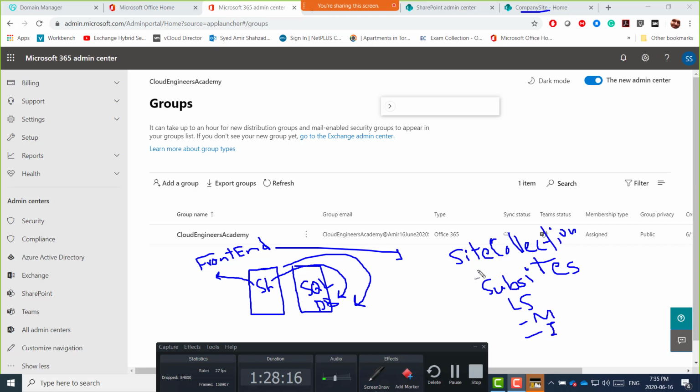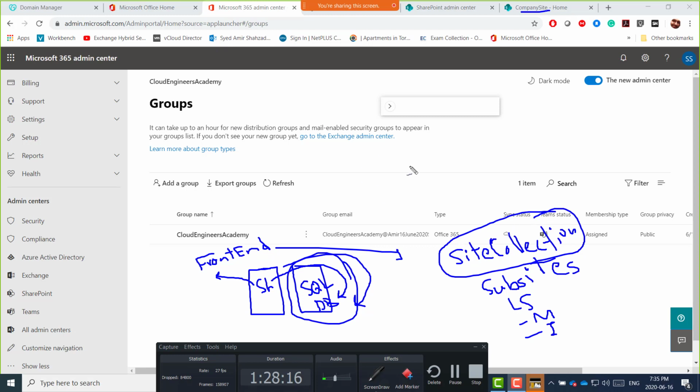When we talk about SharePoint Online, obviously this part is gone now. So you don't have to worry about the SQL Server database. You can create one site here. The top site that we just created is normally called a site collection on-premises. So we just created a site collection here.